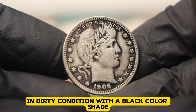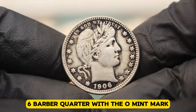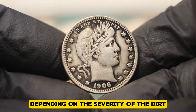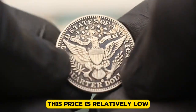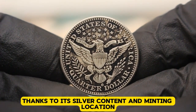In dirty condition with a black color shade, the 1906 Barber quarter with the O mint mark typically sells for around $736,000 at auction, depending on the severity of the dirt and the overall appeal of the coin. This price is relatively low because of the dirt and tarnish, but the value still remains thanks to its silver